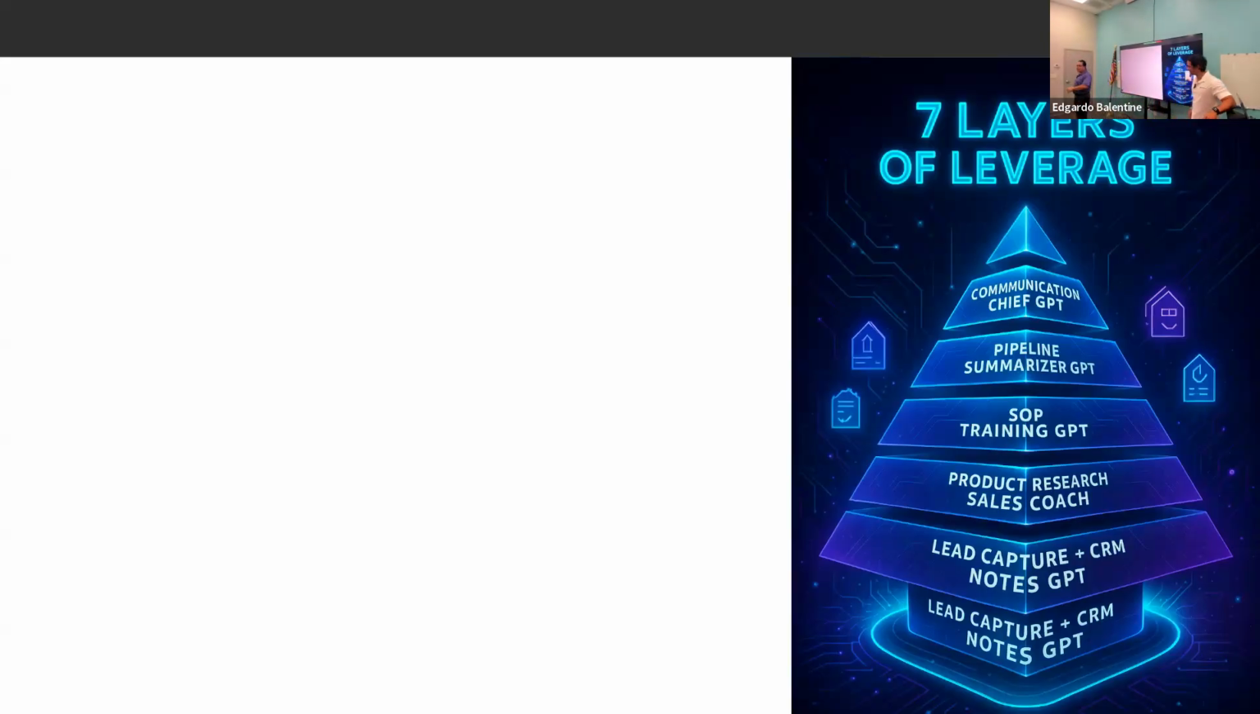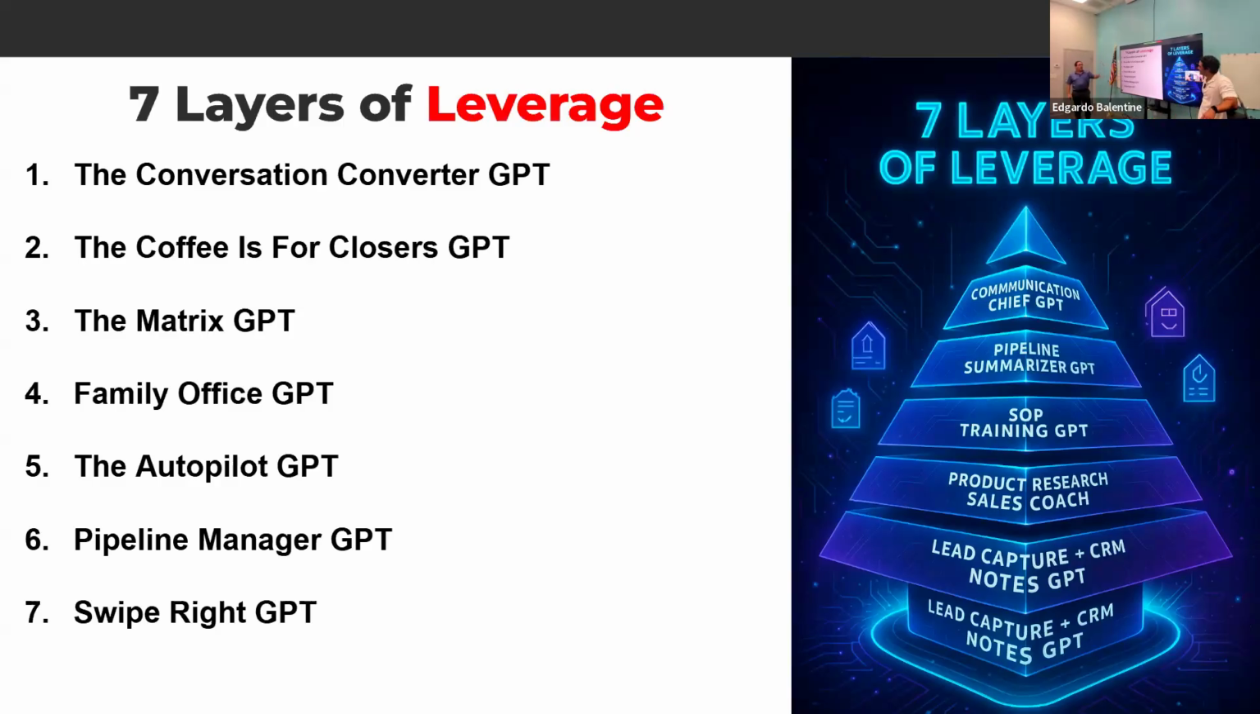All right, let's go over the 7 GPTs that we're going to go over with you really quick. The conversation converter GPT. We're going to go over the call fees for closes, the Matrix Family Office Autopilot Pipeline Manager, and the Swipe Right